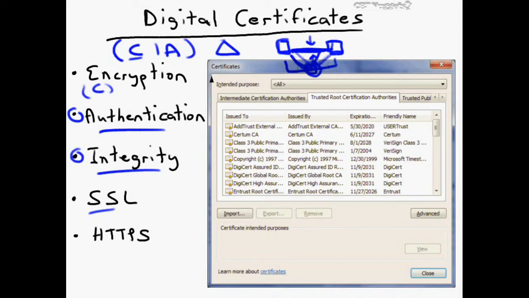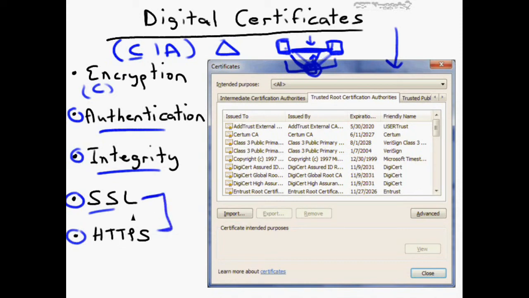Digital certificates allow encrypted, safe, authenticated traffic to occur in this context between a web browser on the client side and a web server on the server side. We know that digital certificates can be used for network authentication, they can be used for code signing, but in this context, to repeat one final time, we're dealing with essentially what's called a web server certificate to support secure e-commerce or just secure web traffic using the protocols Secure Sockets Layer and Secure Hypertext Transfer Protocol, which is basically